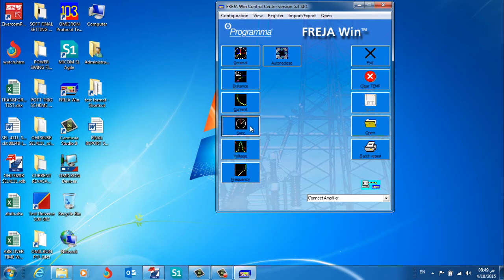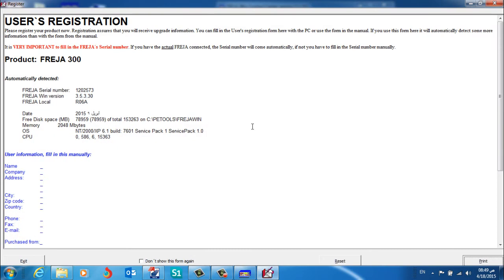Sync. Now we are going to change frequency. We make a difference in frequency between the line voltage and the bus voltage. Okay,